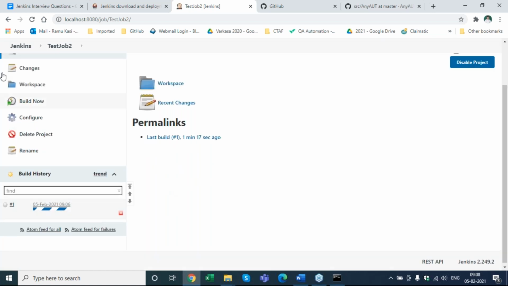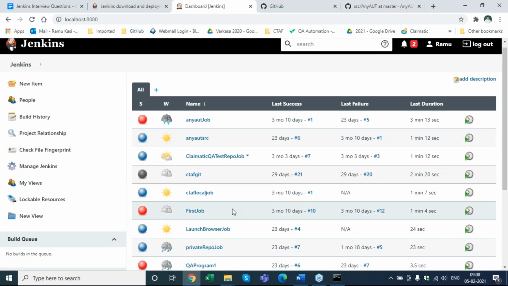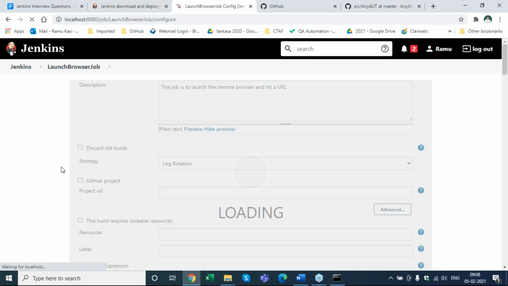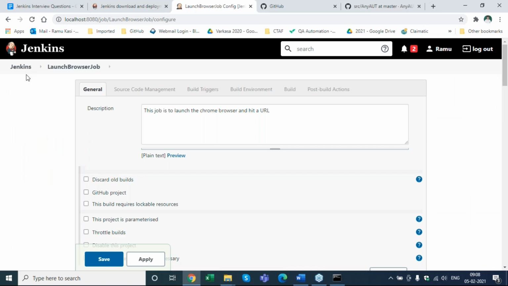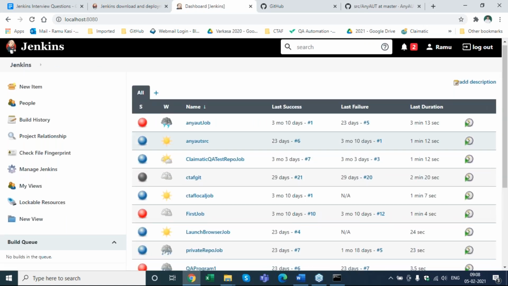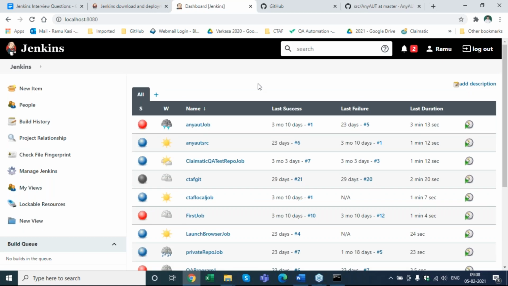I can show something else, not the previous ones. Anything with a few builds there. And what is the first home screen that we see? What are these?